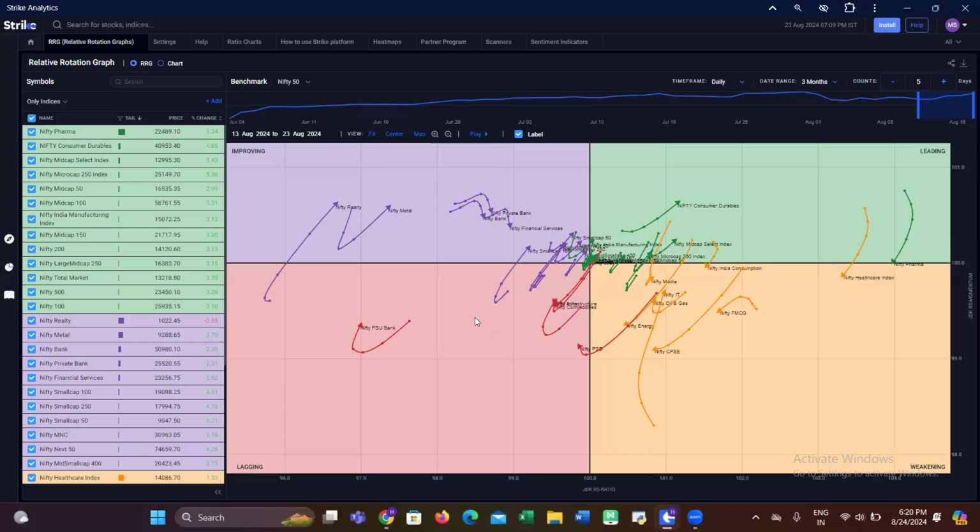I thought of let's quickly record a video about the status of different indices on the RRG chart. Let's have a quick look of the different indices on the RRG chart. And today I will also show you the other tool that I use very often, and that is not a